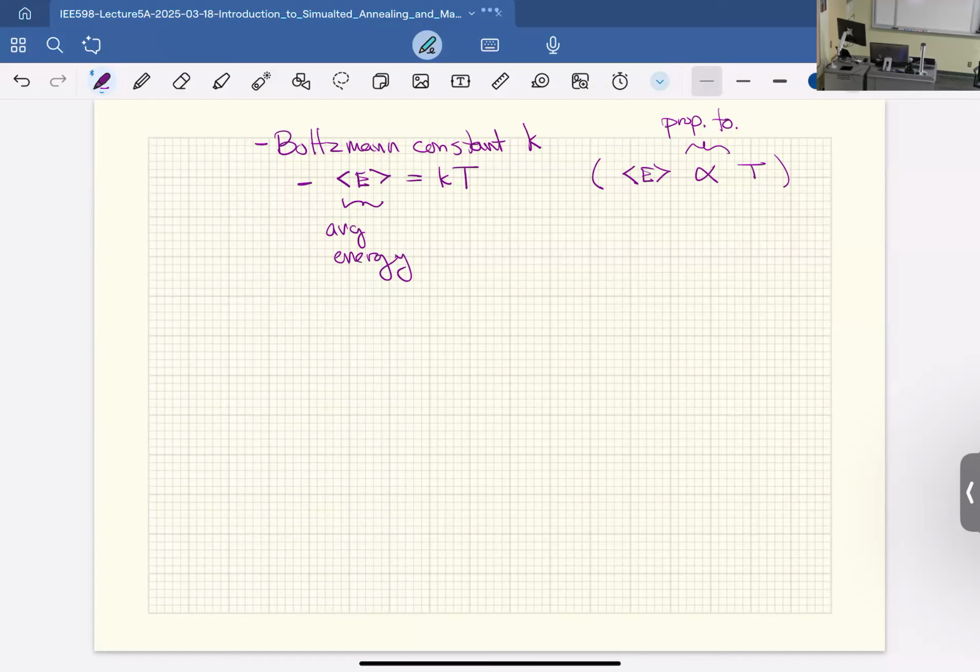So this is how much energy is just sitting in the chair. It's its budget that it can spend on temporary excursions to higher energy microstates. And if the microstate is farther away than that, then it's unlikely to get there. If it's less than that, then it'll probably visit there pretty often. So that's why, if you ever take a thermodynamics class, you'll see so many things with kT in them, because kT determines how mobile the microstate is in any physical system.